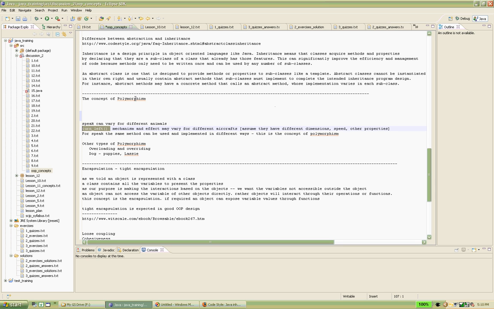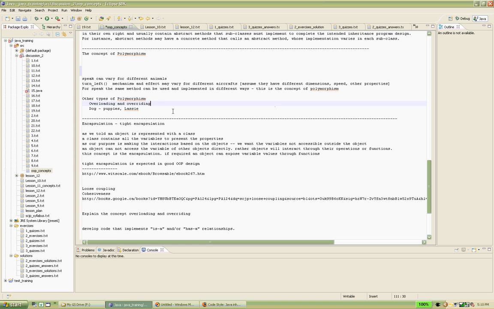So this concept is called polymorphism. It is also required in object-oriented programming, and similar concepts come. The related concepts are overloading and overriding. Overloading is that